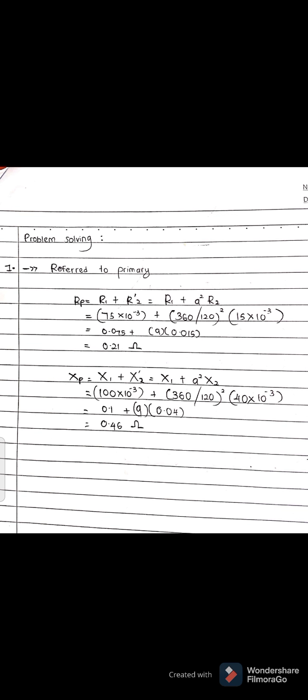The resistance in the primary equals R1 plus R2 referred to primary, which is R1 plus A squared multiplied by R2. Put the value: R1 is 75 milliohms plus the value of A, 360 over 120 in the bracket squared, multiplied by 15 milliohms, and the answer we got is 0.21 ohms. And for the reactance referred to primary,